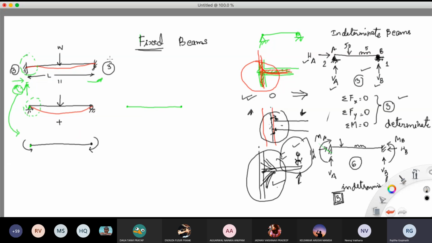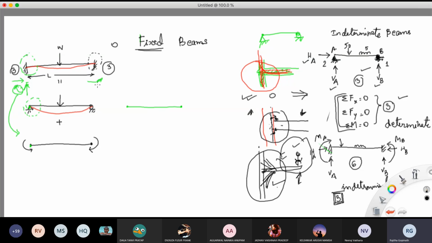When you're saying it's a fixed beam, what you're doing is that you are not allowing any kind of rotation. So there is absolutely no rotation at the ends. Any kind of rotation that was possible, you have curtailed that, you have made it zero. Now, what we know by our equilibrium equations is that this will be possible only if we have some flexibility. Thoda flexibility hoga, and there are only 3 equations to solve. So I'm just trying to jugadify here and figure out if I can remove the flexibility here and put those.